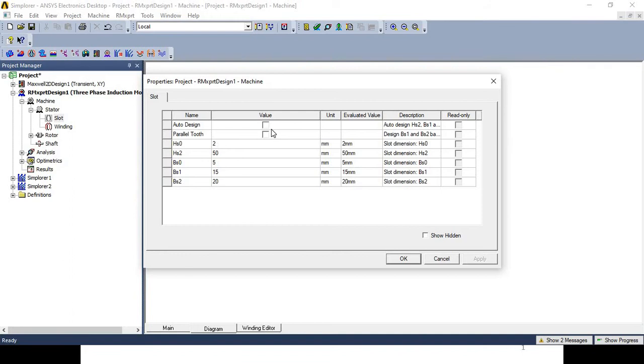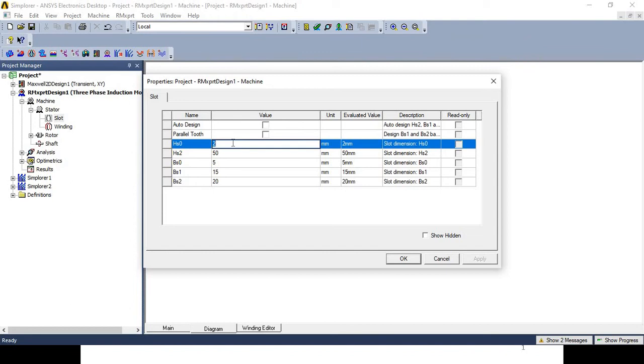You can check this box, then parallel tooth, etc. But we had selected slot type 1, in which we have to give the input parameters according to the geometry of that slot.